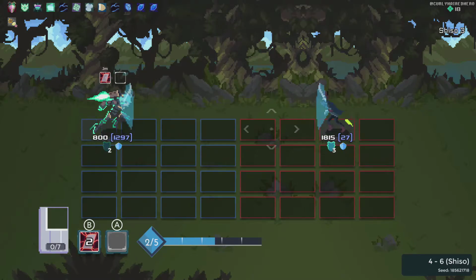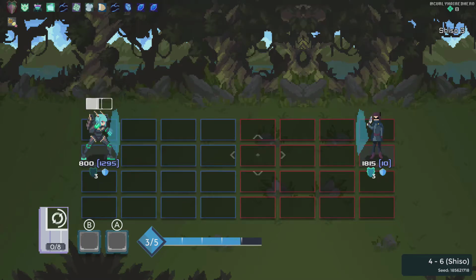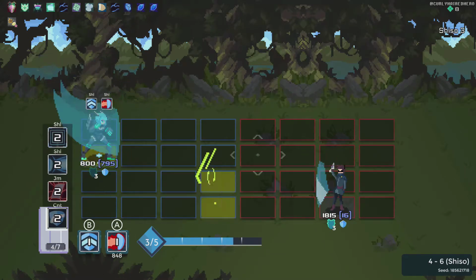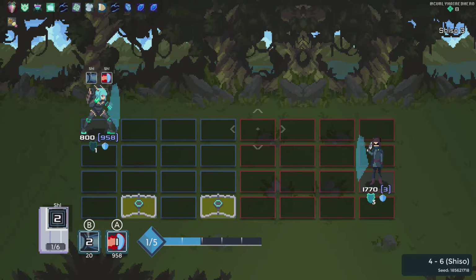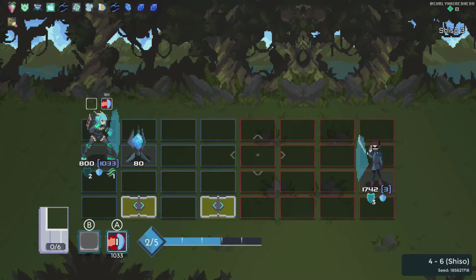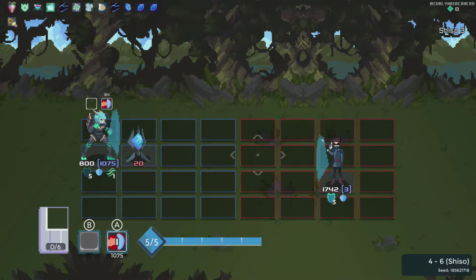Let's go ahead and get some more shield here. He also doesn't really seem to be wanting to do a lot of damage, which in turn is just making it easier for me to get more shield. Aside from the fact that he's making me shuffle, but if he doesn't hurt me, I don't see how any of this is going to work for him. He's going to do it again? Okay. I just want him to use maybe...